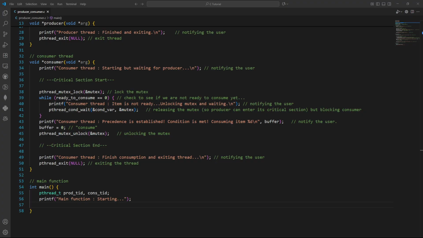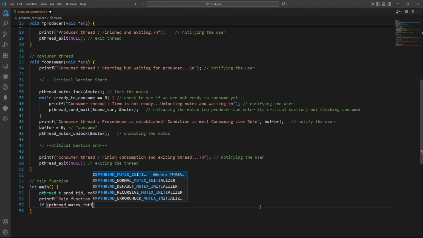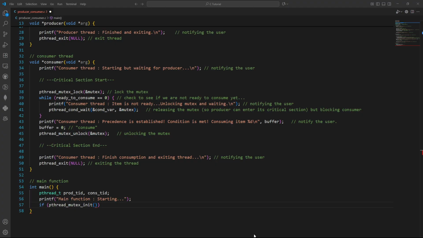And then first thing we need to do here is initialize the mutex and condition variables. So if initialization fails, the program should ideally handle the error, but we omit detailed error checking here for clarity. So we're just going to do if pthread, first we're going to do the mutex, so if pthread_mutex_init, and then we're going to be passing in the address of the mutex, and then null, because we're using default attributes here. If that is not equal to 0,